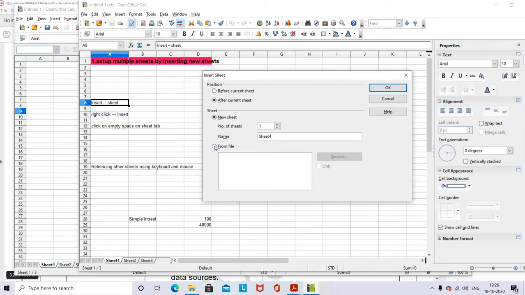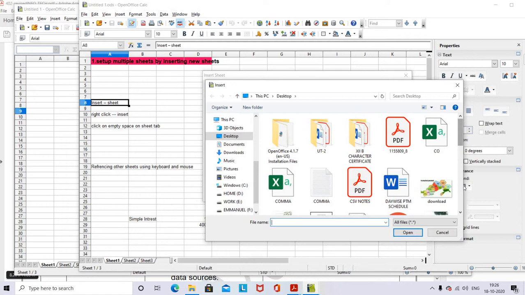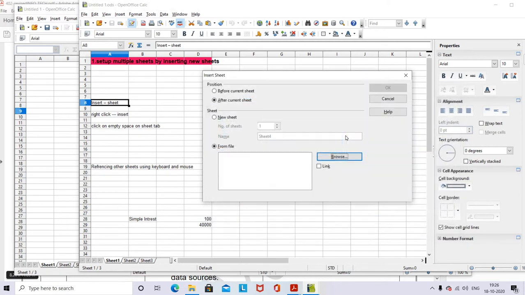And another thing: how to get a file from your system. Say you want to add a new sheet, or multiple sheets already available in your system. How can you access that? If you need something like that, you can opt for the From File option and browse. You will be able to select the document and add it here. When you browse, you can see the particular file and all the sheets in that file, so you can select which sheet you need to add.